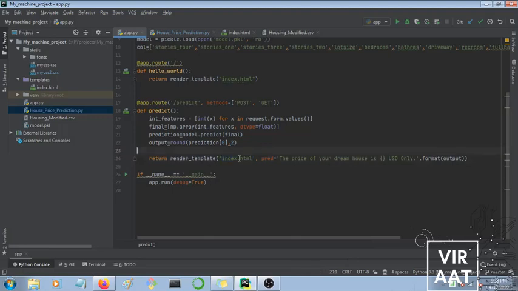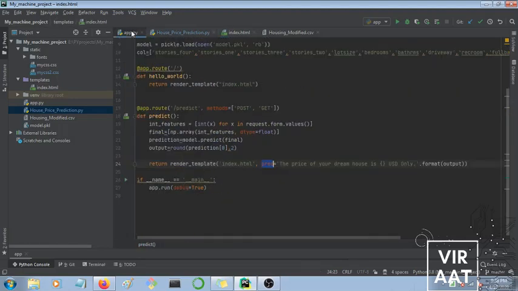So I pass that index.html, and here is the main thing, pred. What pred is doing, it's giving me the result, the output in this format. So this is a string which consists of my output result after predicting this. Pred means where should I show the predicted data. It's just a variable name I have given. If you are showing it in index.html, you need to specify the value for this pred.